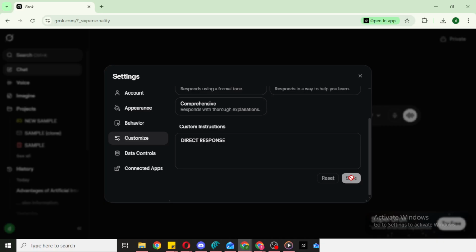When everything looks good, click Save. This is important because your preferences won't take effect until you confirm them. After saving, your choices will apply to new conversations, shaping the voice and structure of the responses you